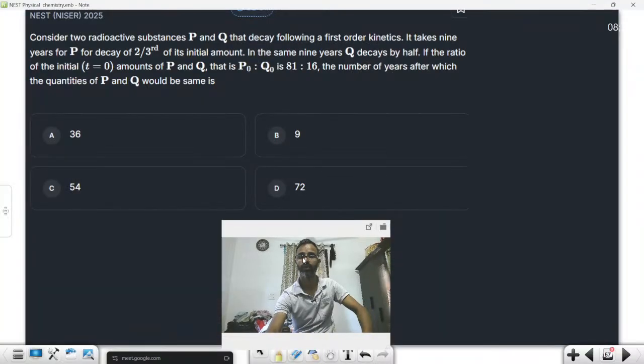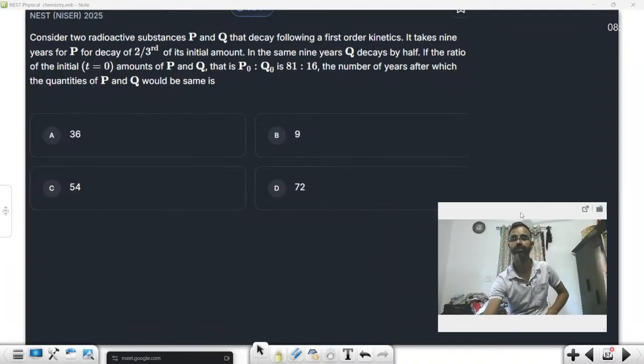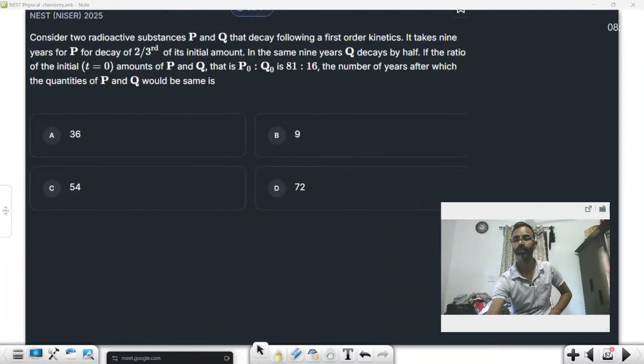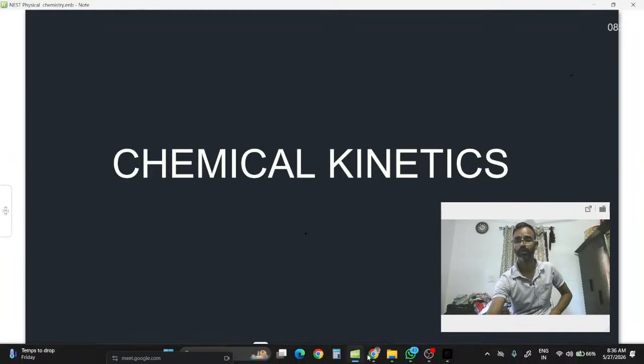ओके तो बेटा दिख रहा है ये आपको क्वेश्चन? हेलो।